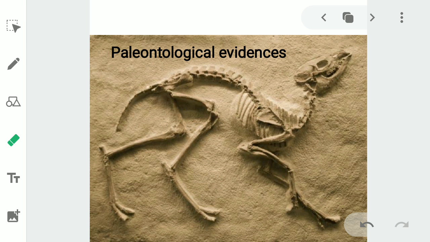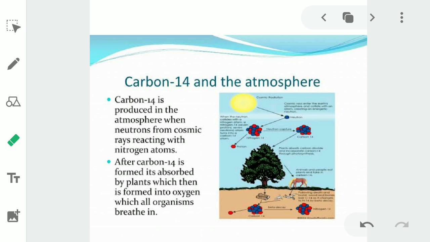Now when any organism is alive, carbon is continuously taken in. But as an organism dies, the carbon consumption stops. Now in the carbon dating method, there are two carbons that are very important to determine the age of the fossil. The first is carbon 14 and the second is carbon 12, C14 and C12. C14 is the most important because we measure the C14 activity in dead bodies.